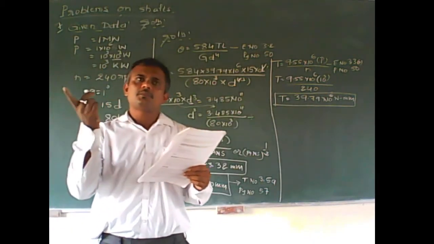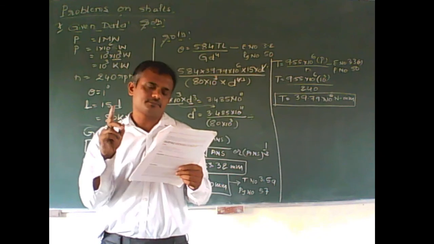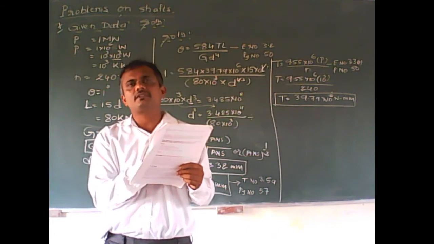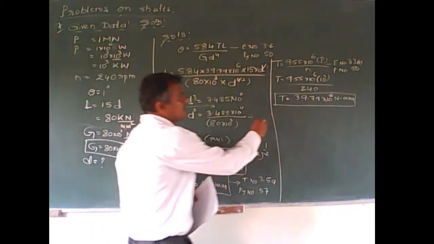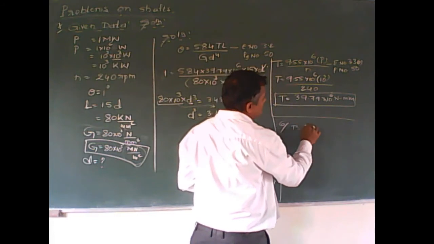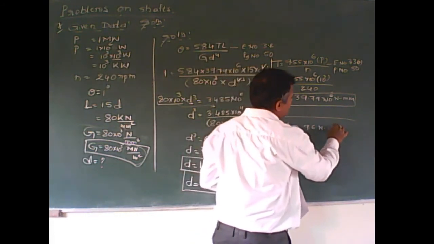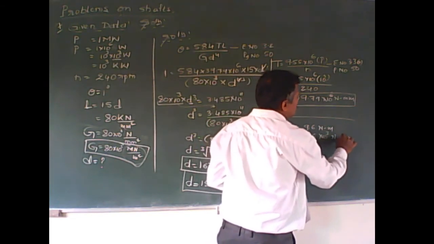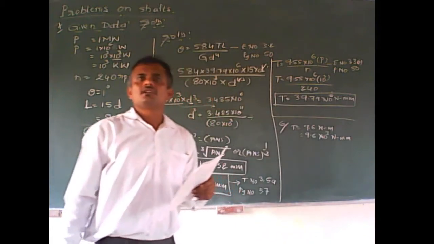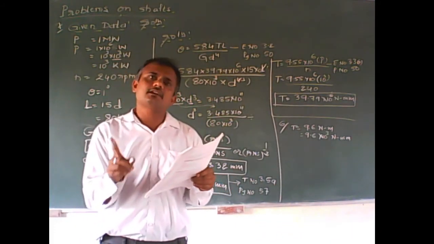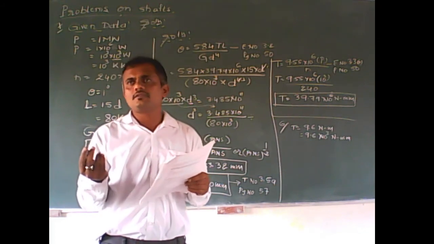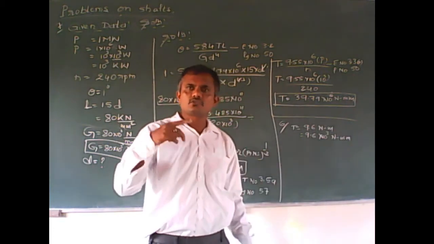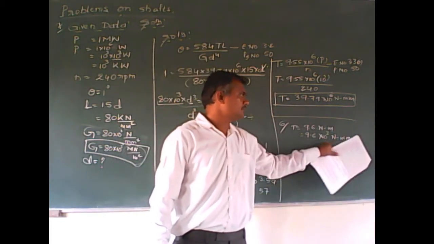Before that, let me tell you something, please concentrate, about the previously unsolved problem, problem number 6. It is given that a solid circular shaft is used to transmit a torque of 9.6 newton meter. So we can write it as 9.6 into 10 raised to 3 newton mm. Why? Newton meter is not required for us according to the data and book unit, so normally we take it in newton mm. Therefore 1 meter equals 10 raised to 3 mm.